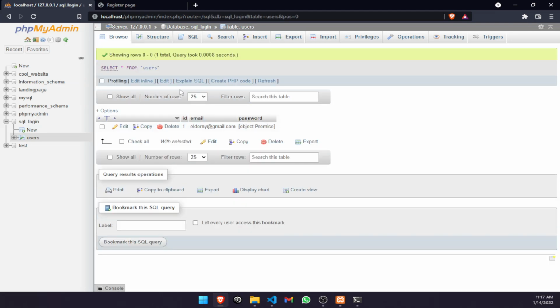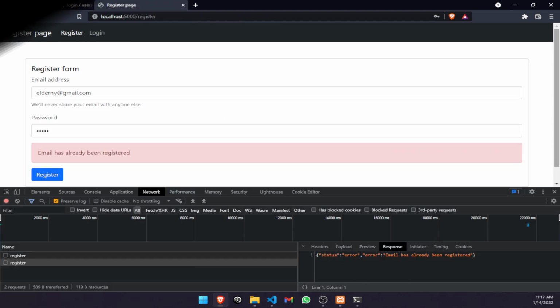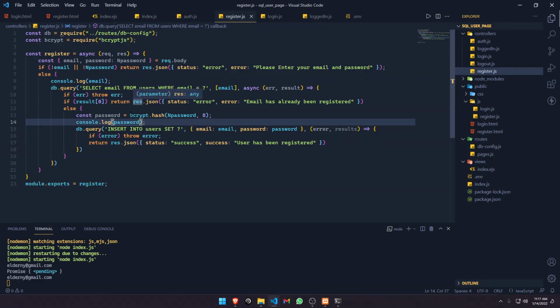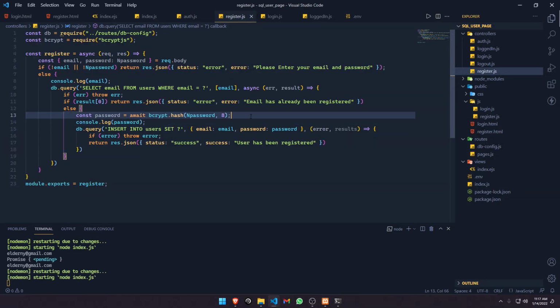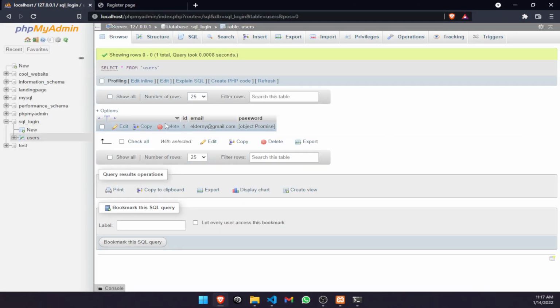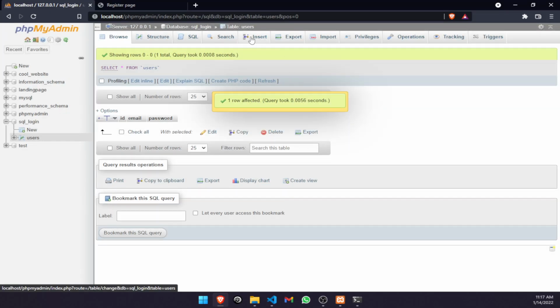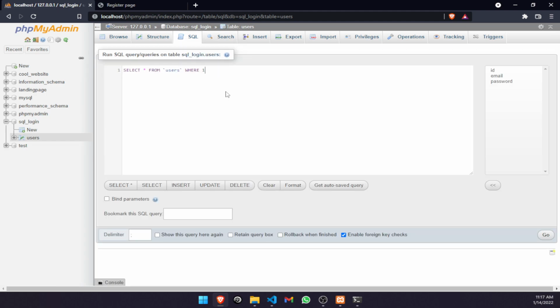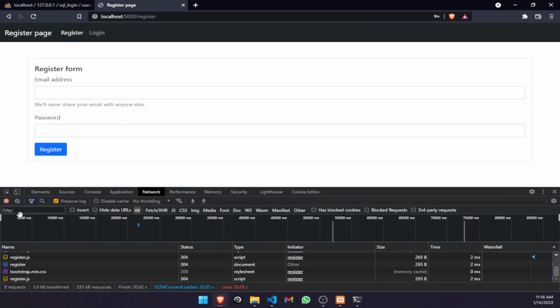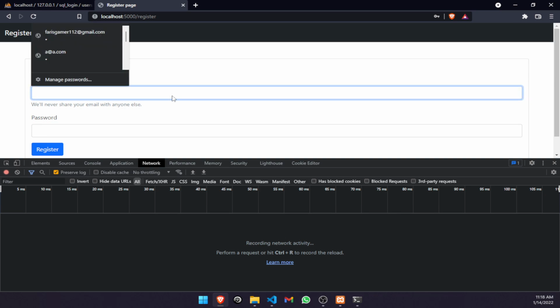Okay, so object promise. So the issue is, let me just go back to here. Let me show you what's the issue. Here bcrypt, we need to actually await for this function. Like I told you before, we need to await. So that was the issue. Now if we go back to here, refresh it, we're gonna delete this one first of all from the database, and we're gonna run a little bit of a command so that our auto increment is gonna start from 1 again. Alter table users auto increment equal to 1. Okay, perfect. Now we're gonna refresh it, clean all the sent requests,